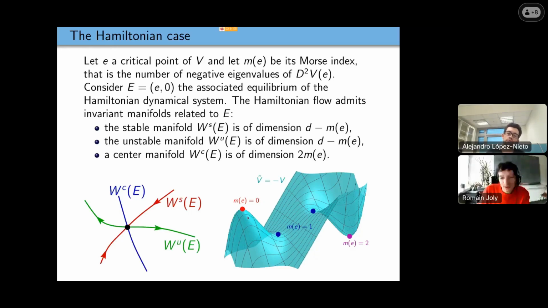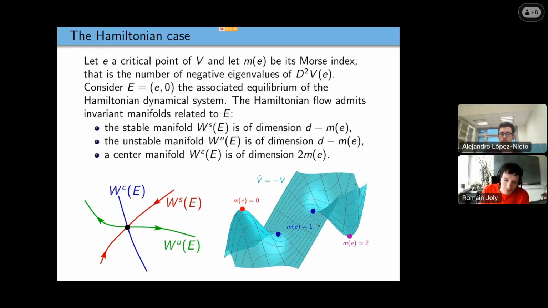Okay, so just to give you an insight, it just means that if you look at this kind of equilibrium point, you have a dimension 2 set of solutions which are repelled by your equilibrium. It's just a solution where you push the ball and it goes downhill. Okay, so a dimension 2 of solutions which are repelled by the equilibrium point, and you have also a dimension 2 of solutions which are attracted by your equilibrium. So it's exactly as if you reverse the time, so it's a solution such that the speed is exactly the correct speed, so that they will converge to this point here. Okay, so 2 dimensions for the unstable and stable manifold.